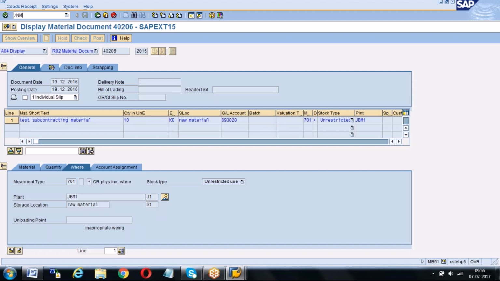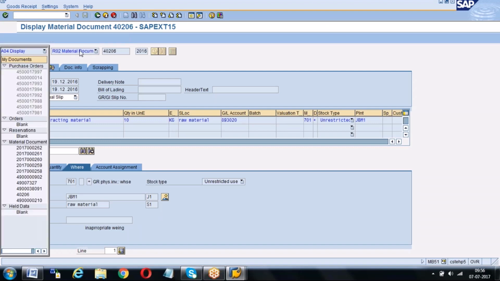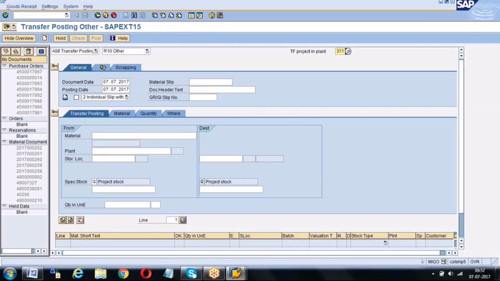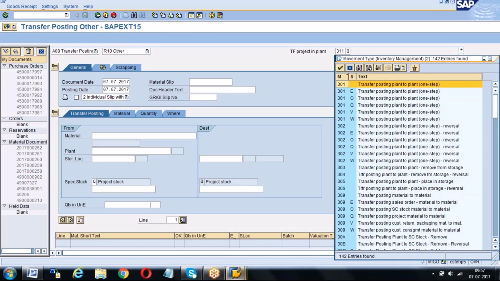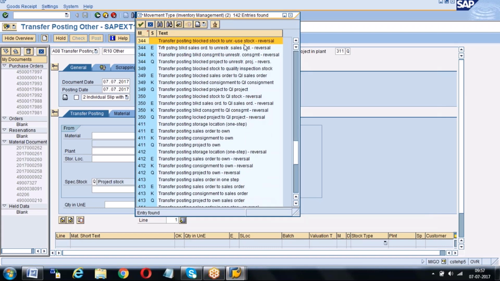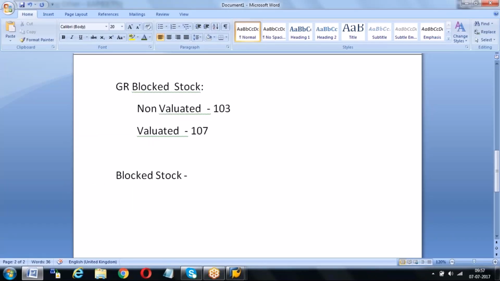Let me open transfer posting. 344, transfer posting blocked stock to unrestricted stock reversal, meaning unrestricted stock to blocked stock. 344. Okay. 343, yeah, 343 is for blocked stock to unrestricted stock. Okay, but now it is 344.